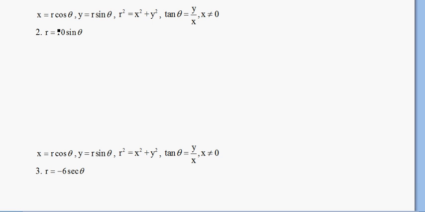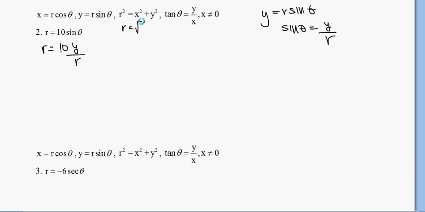So here I have r equals 10 sine theta. I know y is equal to r sine theta, so that means sine theta is equal to y over r. So I'm going to replace sine theta with y over r, and I get r equals 10 y over r. I could replace r with the square root of x squared plus y squared, but you're going to see something nice in a second. If I cross multiply,